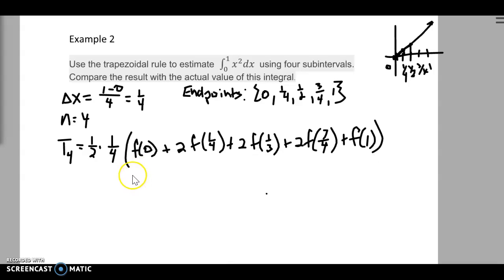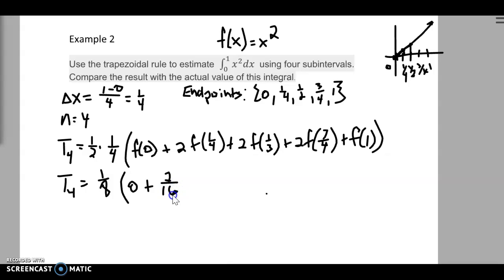Okay, so now we need to find the values for each one of these. So we're going to use our function notation up here. So we can say f of x is equal to x squared. So make sure you know what your function is. So T sub 4 is equal to 1/8. Now if we had a more difficult equation, we could go ahead and use the table function on our calculator. So 1/8 times f of 0, which is 0, plus 2 times 1/16, so 2/16,